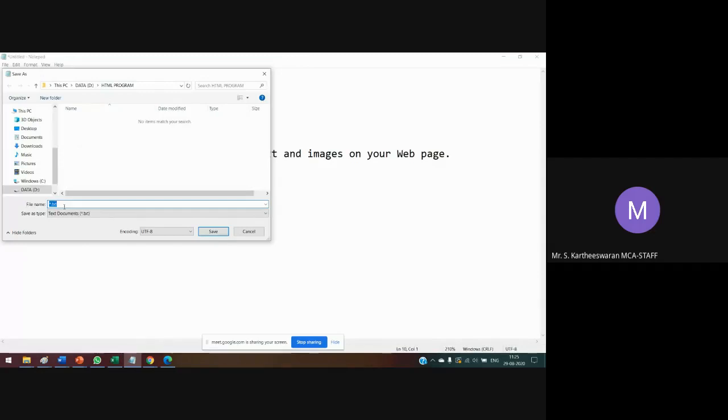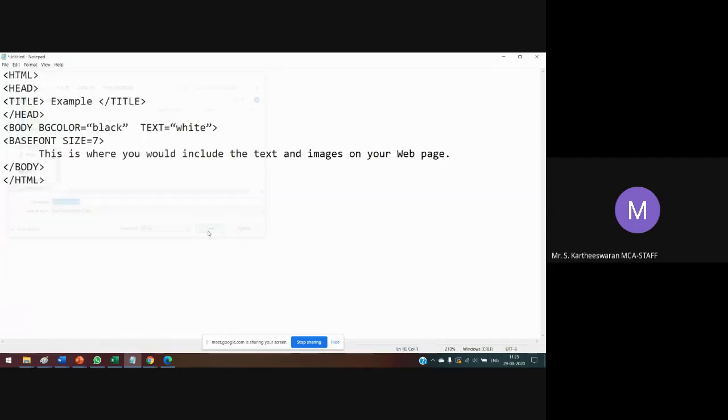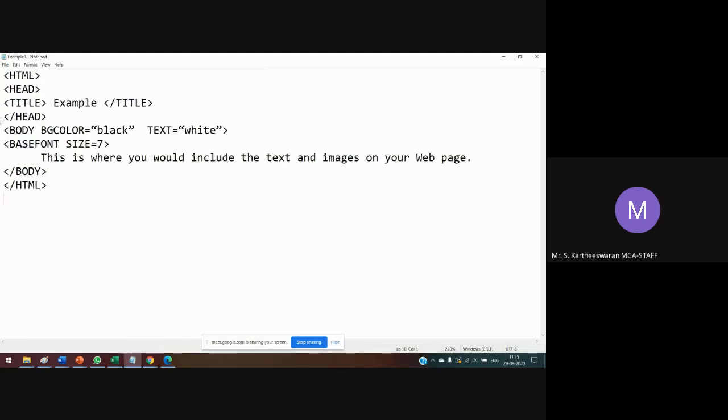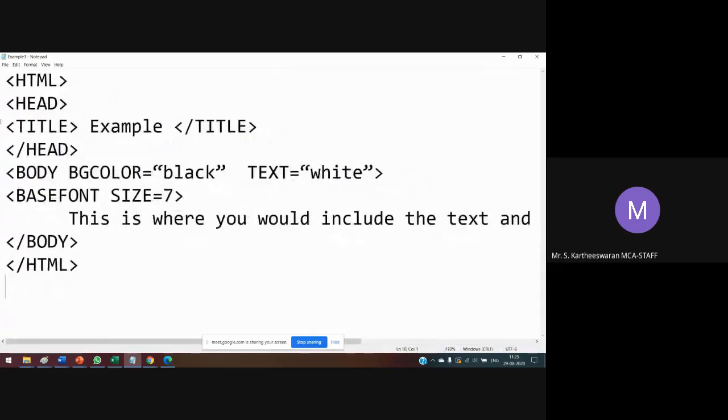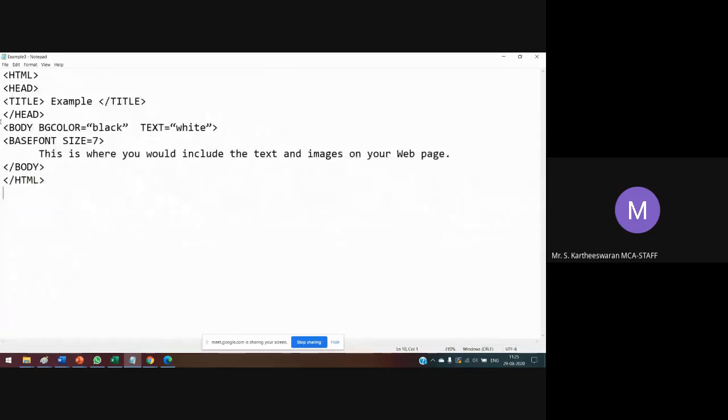The file name is example3.html. Then it will be saved. We have to save it and we have to run it.